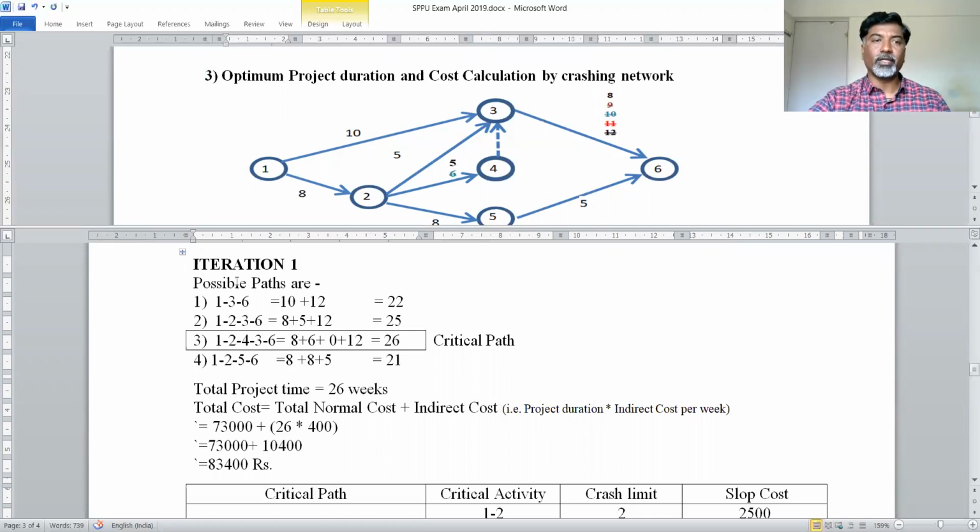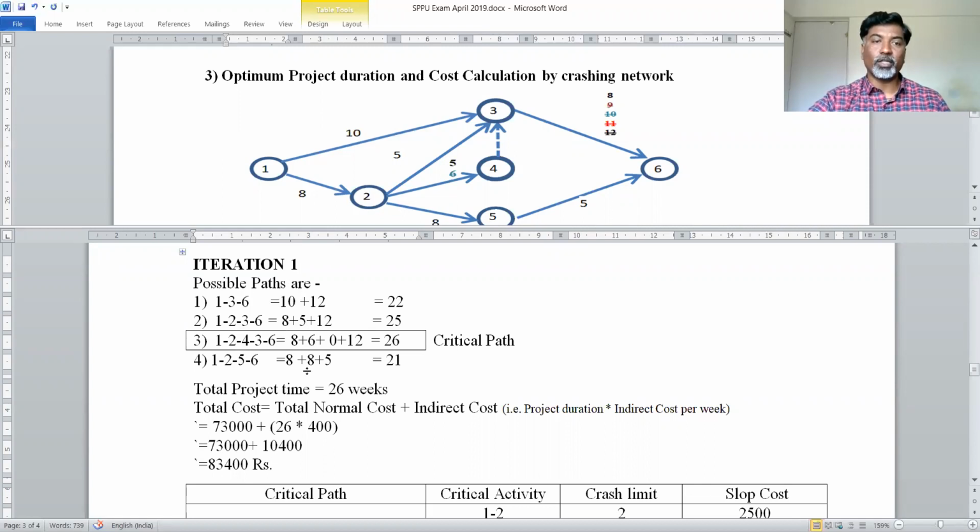So what is the activity? You have to identify possible paths. So in this diagram, possible paths are 1 to 2, 2 to 3, 3 to 6. And for that, the cost is 1 to 2 cost is 10 weeks, and 3 to 6 cost is 12 weeks. The total cost is 22 weeks. Likewise, second path is 1 to 2, 2 to 3, 3 to 6. And cost associated for that particular path is 8 weeks plus 5 weeks plus 12 weeks. So like this way, what are different paths you have to identify for the given network diagram.